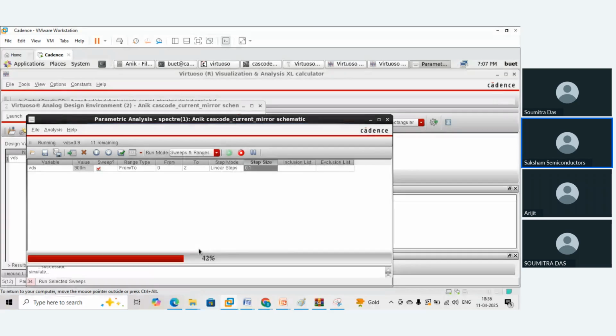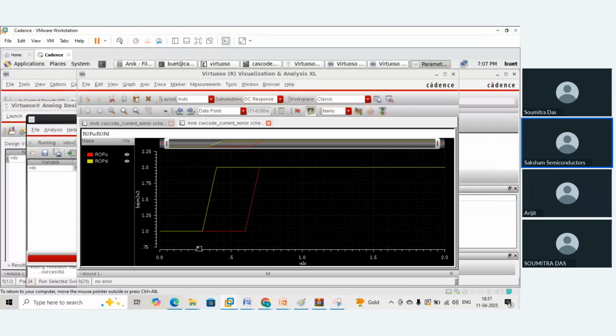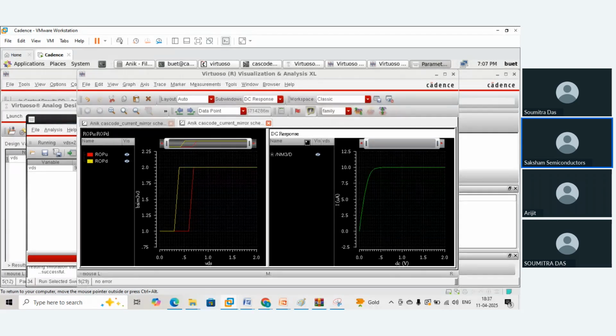Now, this particular entire exercise is close to a mini project itself, and in due course of time, during the weekend, I'll be floating you multiple assignments and mini projects. Try to work on this current mirror. That would get you great